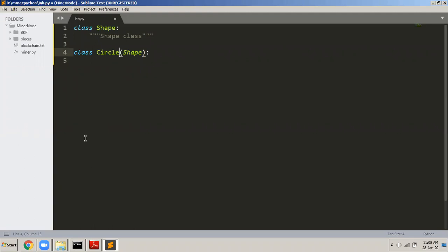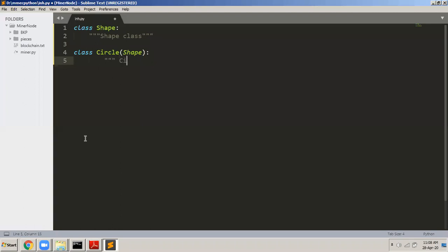Normally we call it a base class, and the new class is called a derived class. So remember the syntax now. Inheritance is done like this: write class, the name of the new class, in brackets the name of the original or base class. And then we write the implementation for the second class.